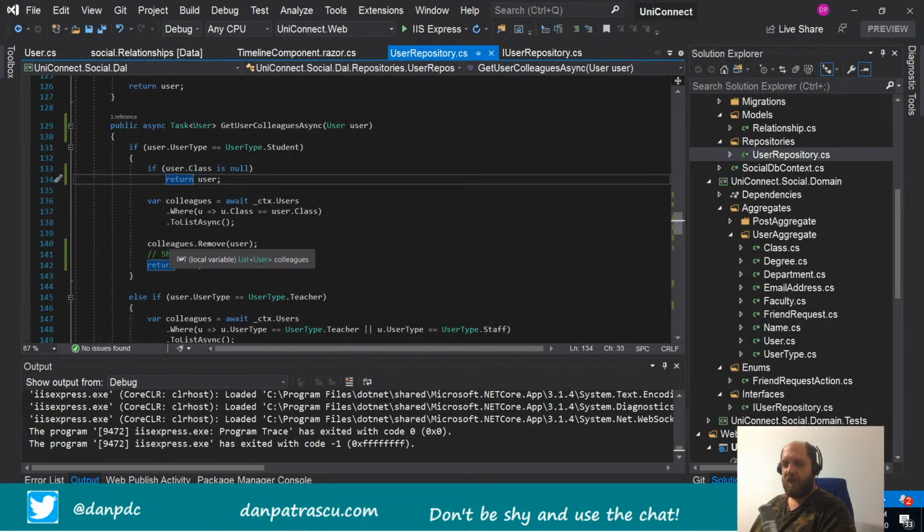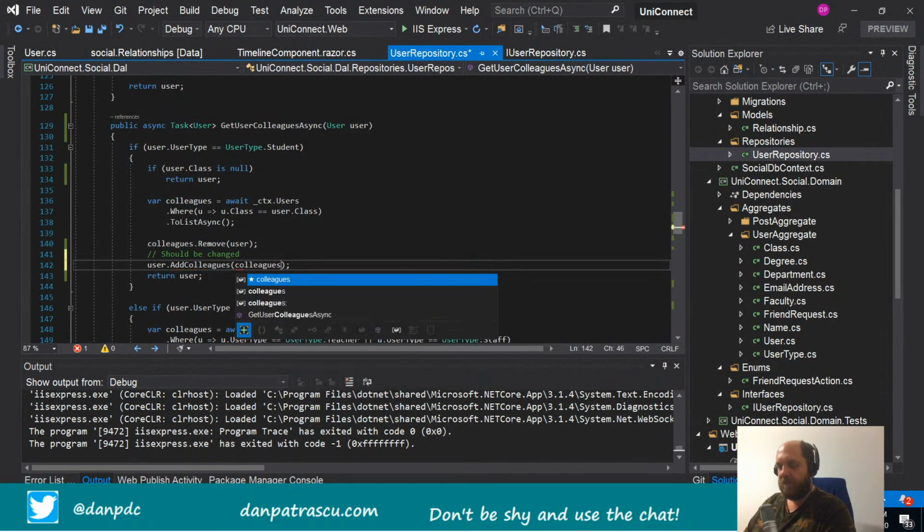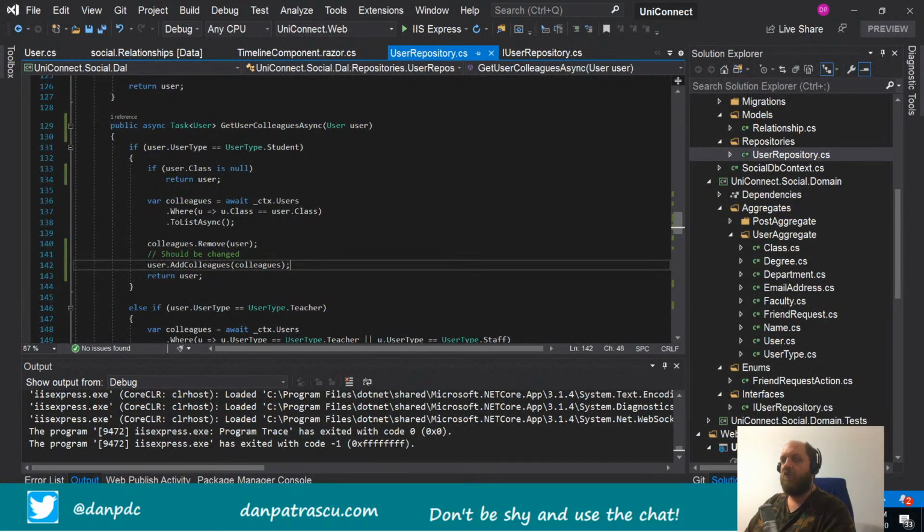Then from that list, I will remove the user itself, because the user itself will be in that list, and it shouldn't be displayed there. And then I can simply say, because I just created a method, user add colleagues, and then I would add the colleagues, and that is okay. The only thing that I would need to do right now, I guess, is